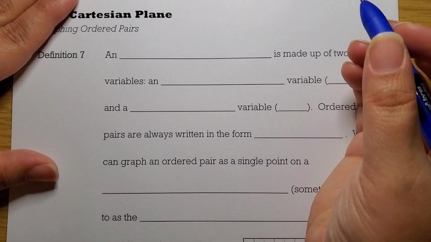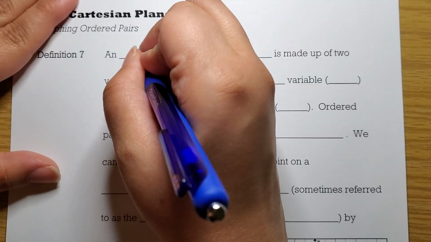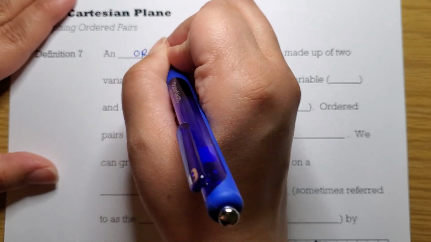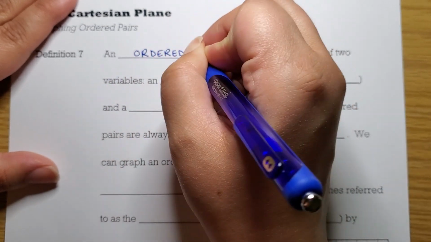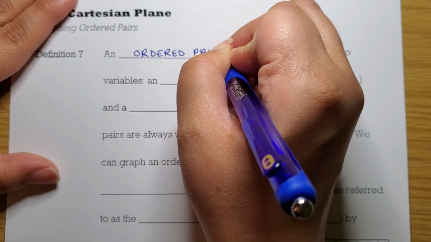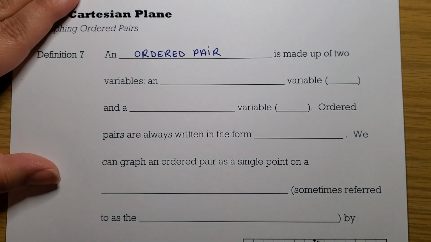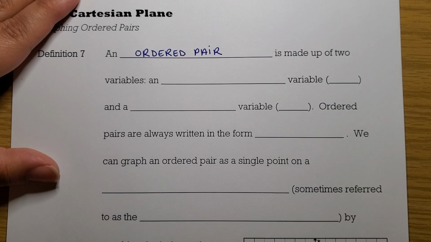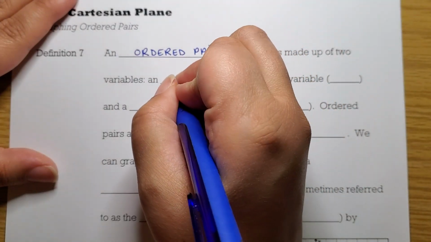So we're going to start out with something called an ordered pair. Now, we talked about ordered pairs when we discussed ratios for this class. So an ordered pair is a pair of numbers, right? It's made up of two numbers or two variables. We've got something called an independent variable,